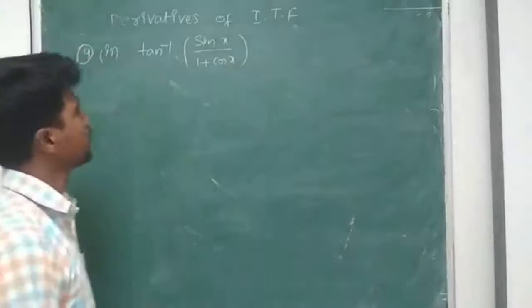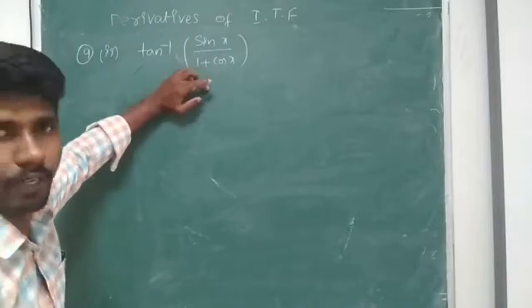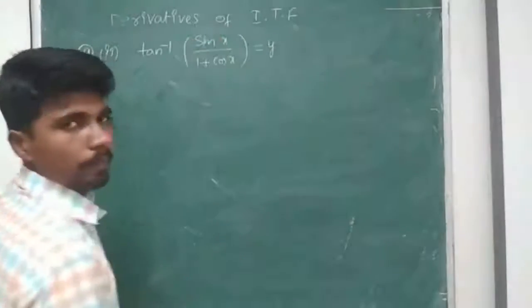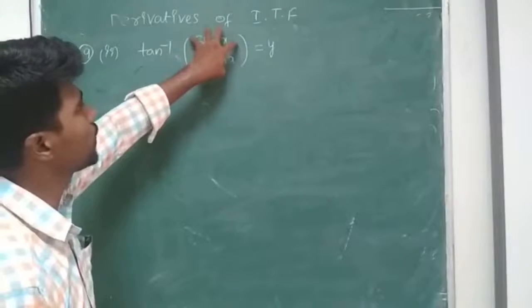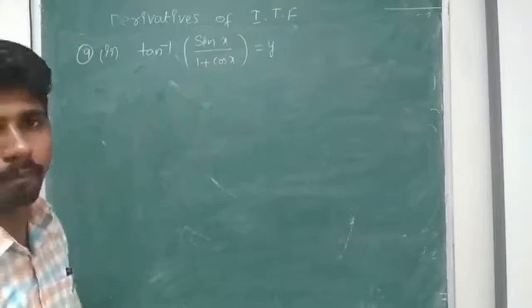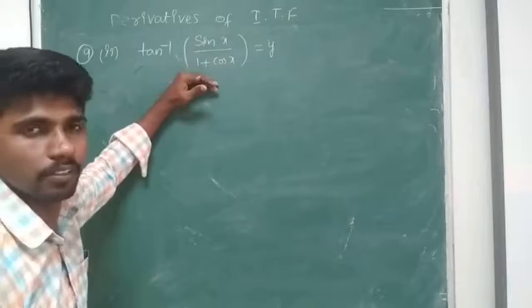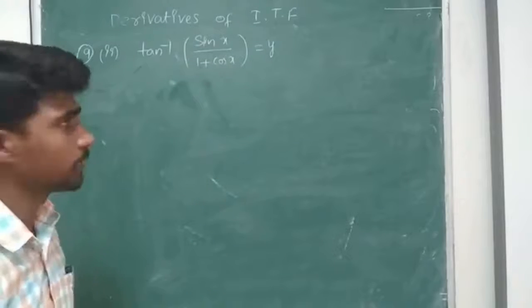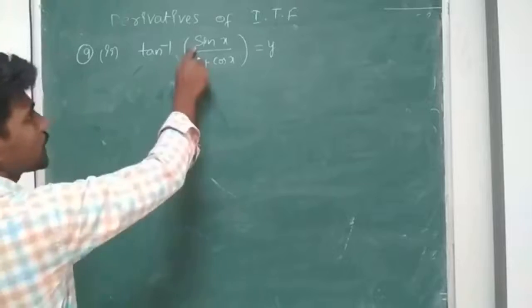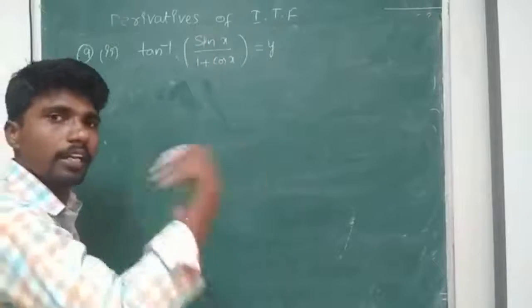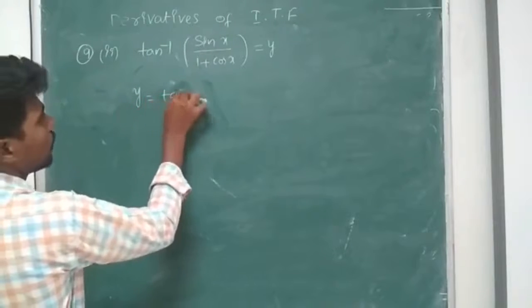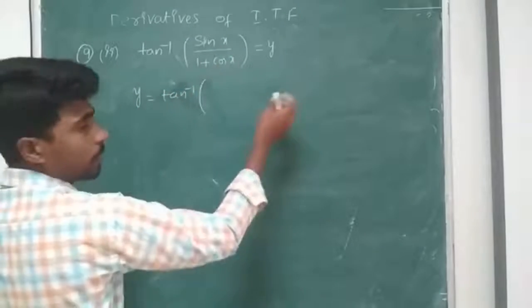Don't go directly to tan inverse x derivative, you have a chance of simplifying this one. If you are able to convert this particular thing in terms of tan, it will be very easy for us to simplify. So for that purpose, sin x can go with the submultiple angles, like y is equal to tan inverse of sin x submultiple angles